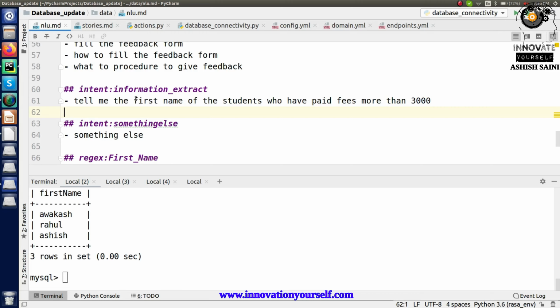In here you can see I have multiple pieces of information that I need to extract, and on the basis of that my bot will collect this information and tell you the names, or let's say the first name, of the user, right? So this is all that I'm going to do right now. First name is one of the pieces of information that I need very badly, right? So let me make an entity for it.